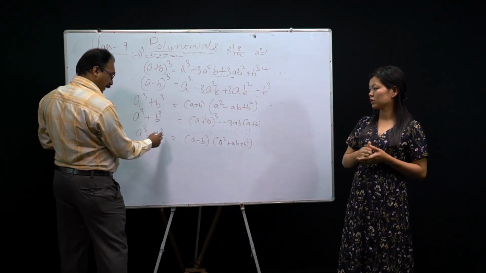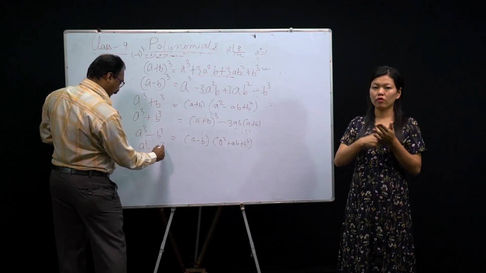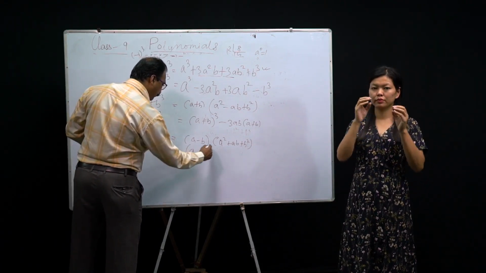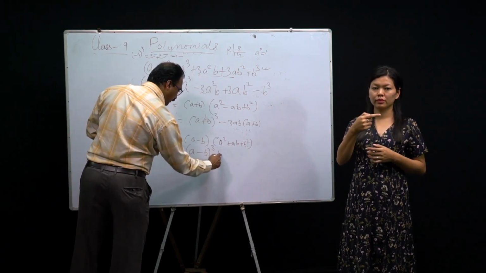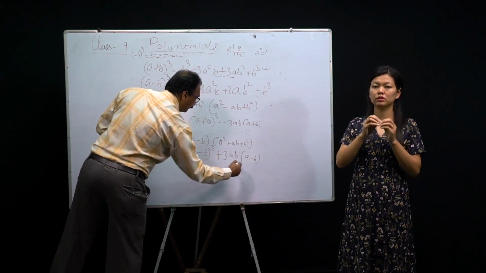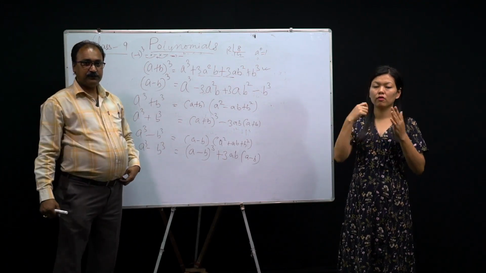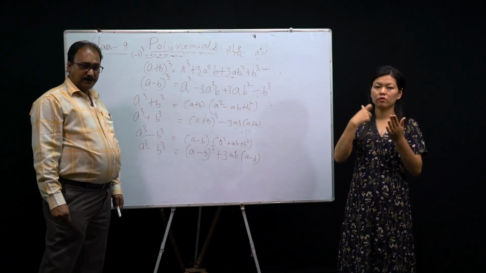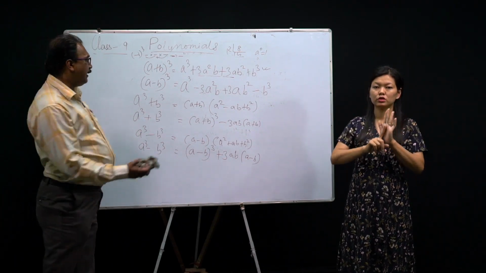Now this is factorized. Then if they ask to find the value with the same formula, you have to do it like this. (a minus b) whole cube, just opposite. Here my plus means minus, here minus means plus: a cube minus b cube minus 3ab into (a minus b). So this is a formula you have to learn. And one more formula I'll give you. Copy this down already. One more formula. Okay.